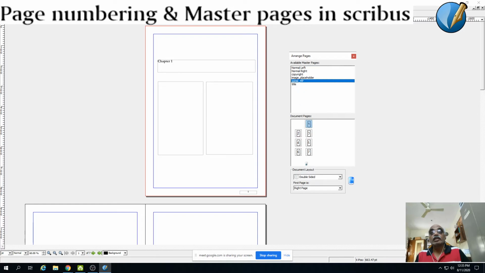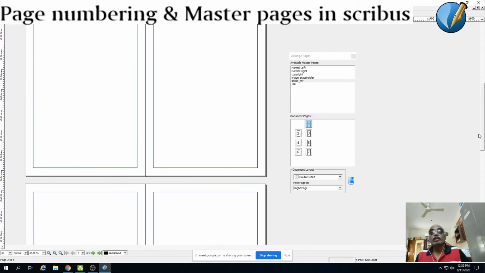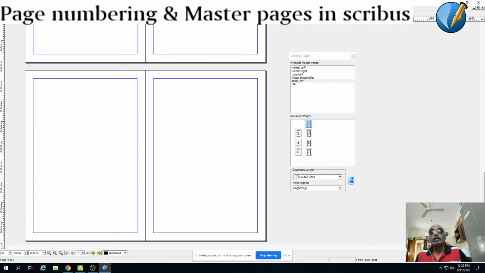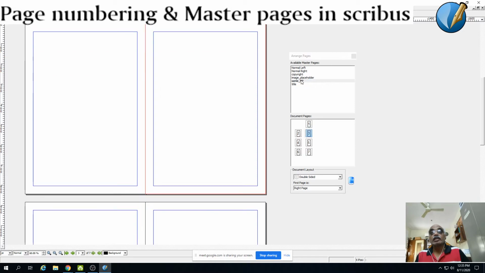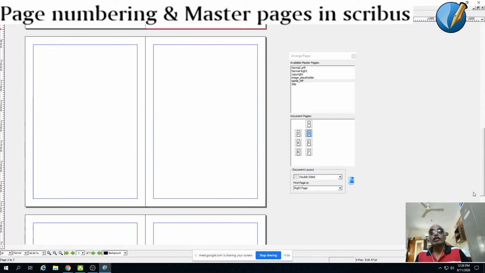Just drag and drop here. So that will become the 8th page. Just drag and drop, you will get that page.